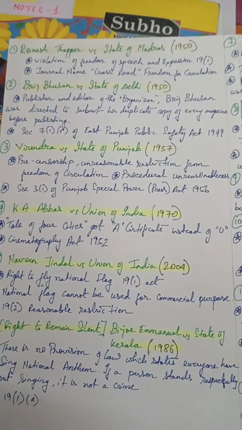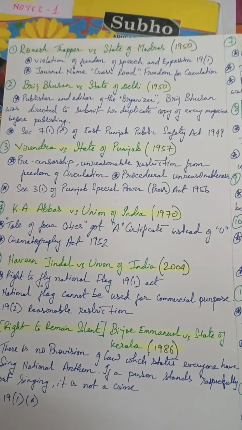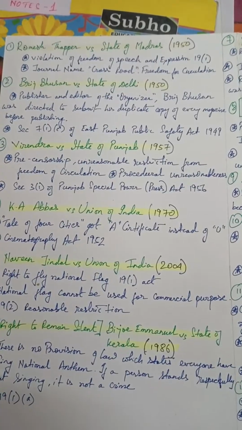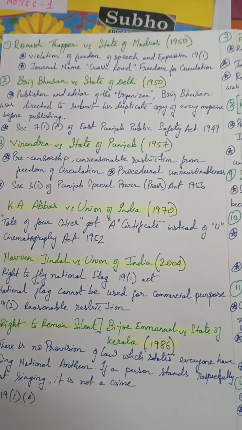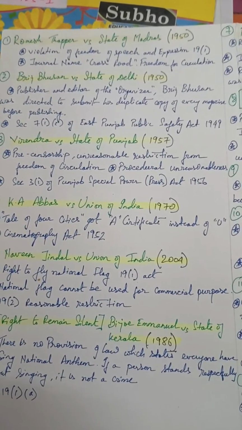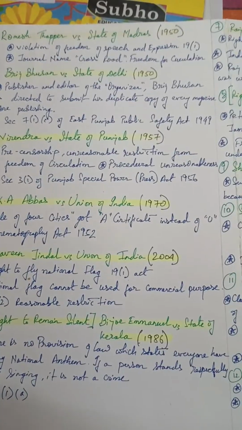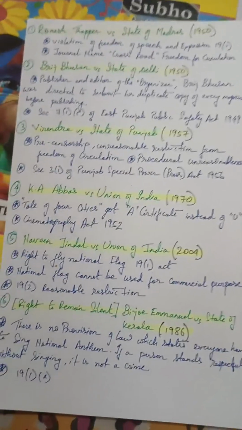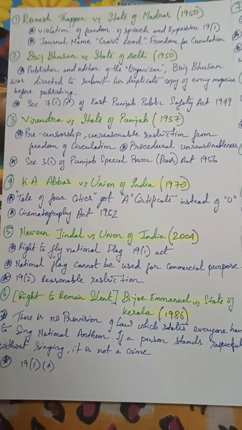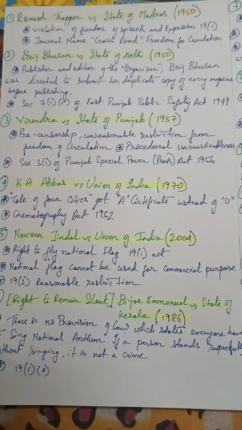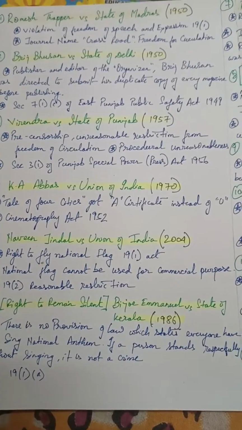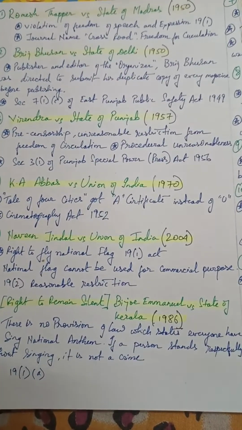Why? Because concepts like prior restraint, severability, and strict interpretation, right? It was the strict interpretation part of reasonable restrictions. It continues influencing media and speech related litigation today. Now we will be talking about Virendra versus State of Punjab. If we talk about Virendra versus State of Punjab, it was in Punjab. So what happened? Virendra versus State of Punjab,